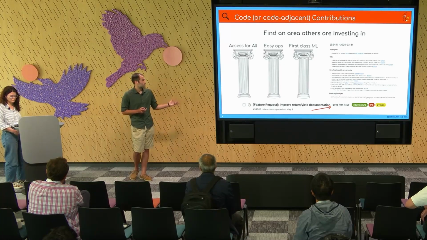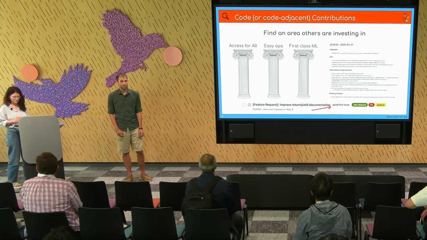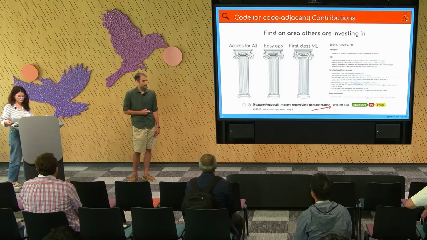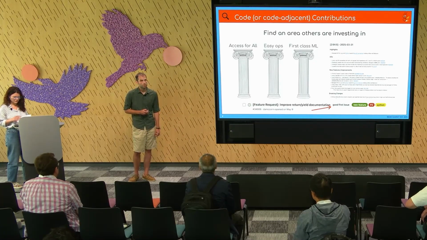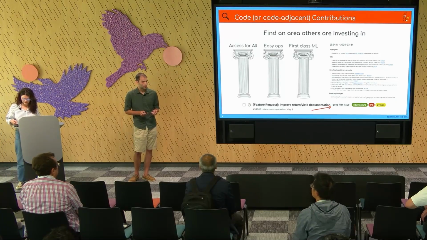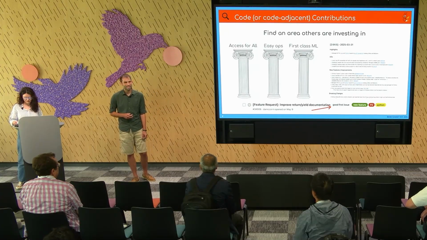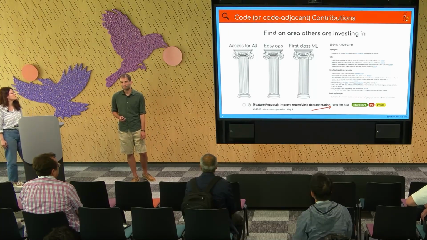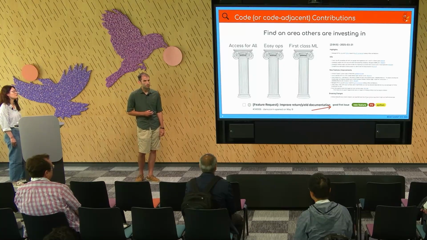Within Beam, I think looking at the Beam 3.0 pillars that we talked about this morning is a great way, but also just check out the changelog. Look for these good first issues that people flag. If you search for that tag on GitHub, that's a good place to find starting places. And conversely, if you are somebody who is already working on something, that's a great way to find people to come and work with you.